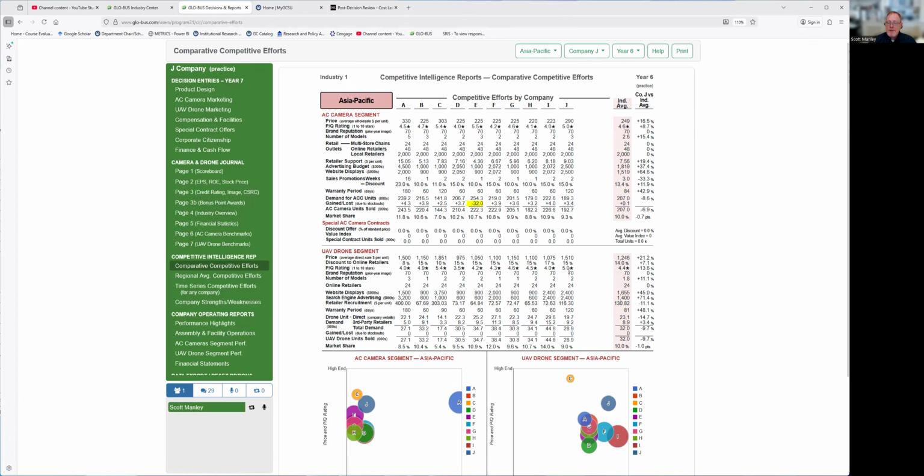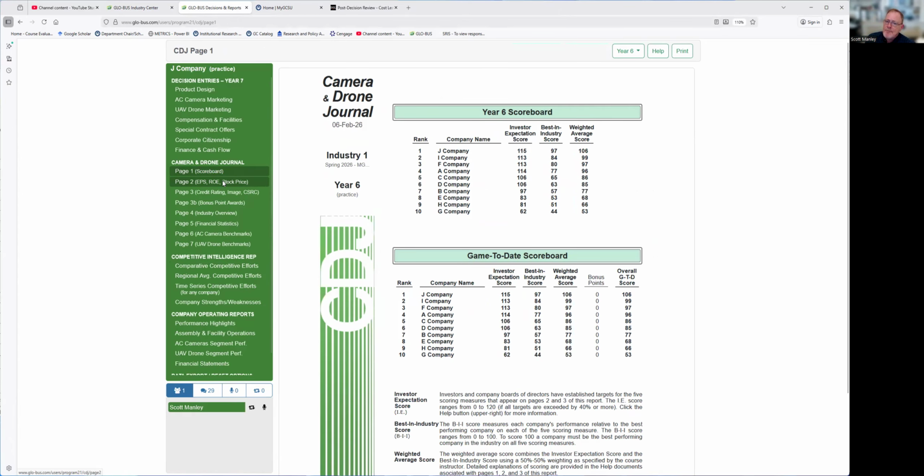So we have a clear situation in which my stated strategy or my intended strategy was to be the differentiated provider, and I clearly was not the differentiated provider. So having said that, we asked the question, how was my outcome? Company J actually finished in first place, which is a pretty darn good outcome considering you didn't achieve your desired strategy. So the question becomes, okay, if I didn't achieve my intended strategy, what did I achieve?